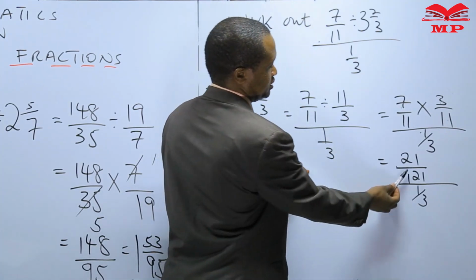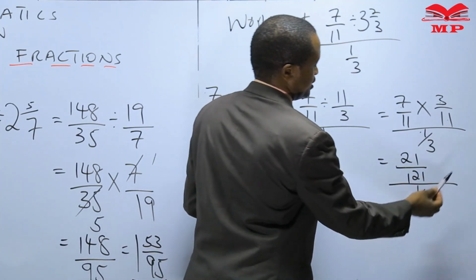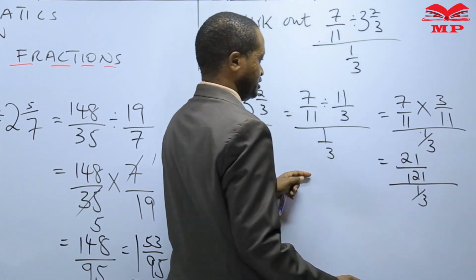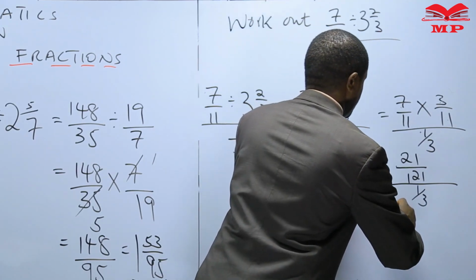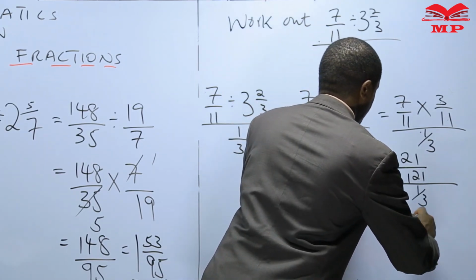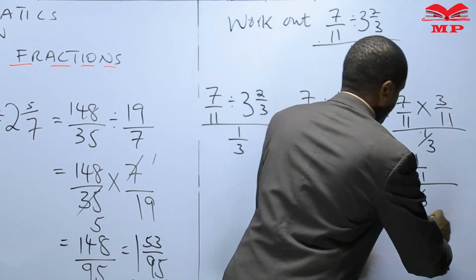So 21 over 121 over 1/3 is the same as writing 21 over 121 divide by,